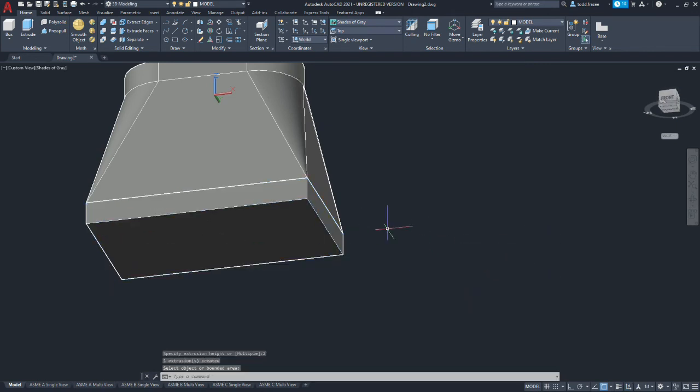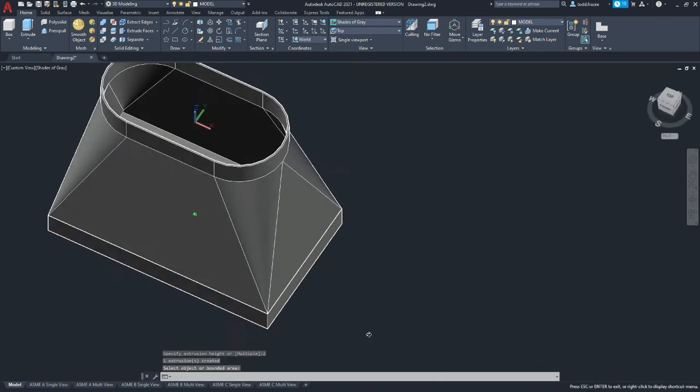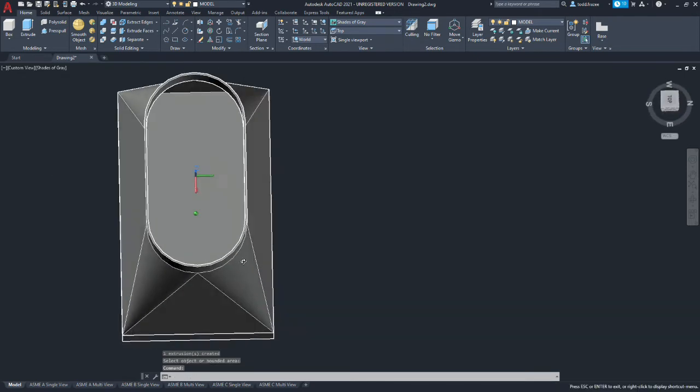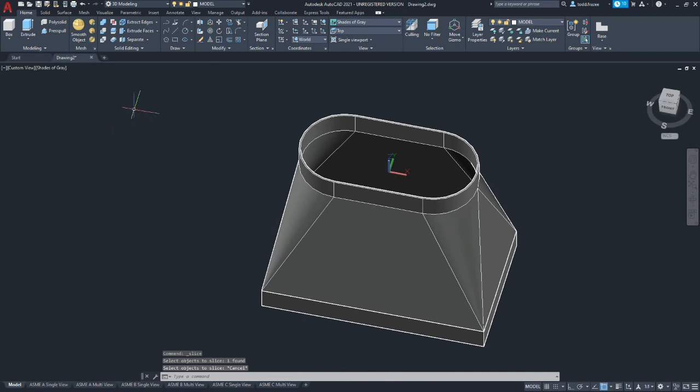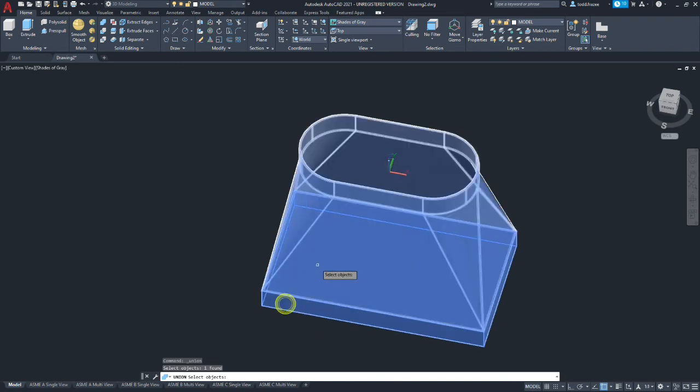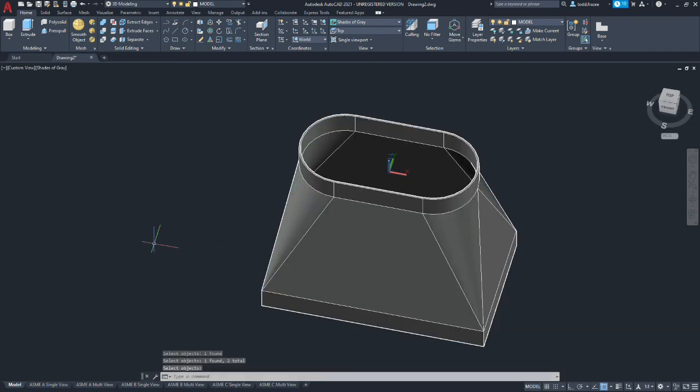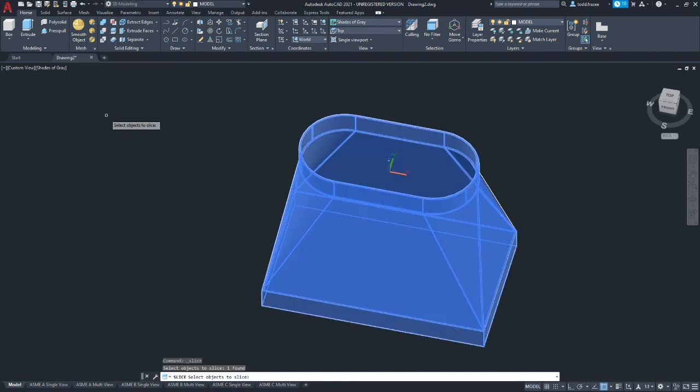And there we go. We've now made the last of the loft transitions. Sometimes press pull isn't merging. I can't explain it. Maybe it's because I used the rectangle instead of the edge. But we're going to merge these two bodies together to make one. And then we will use the slice command to cut that model in half.